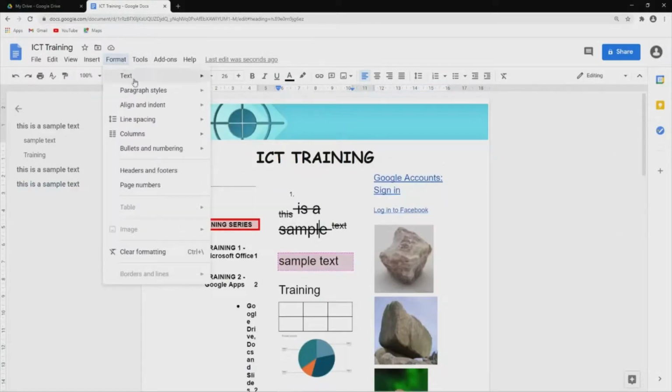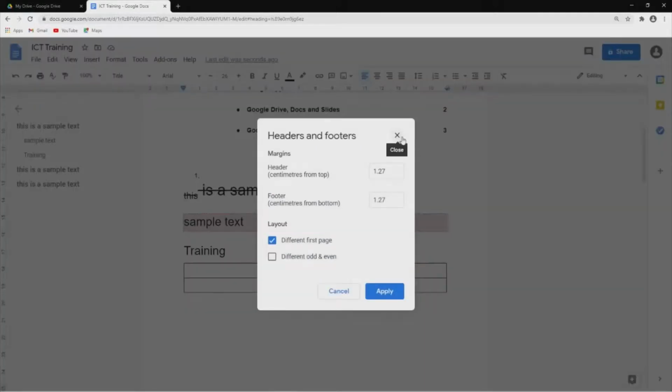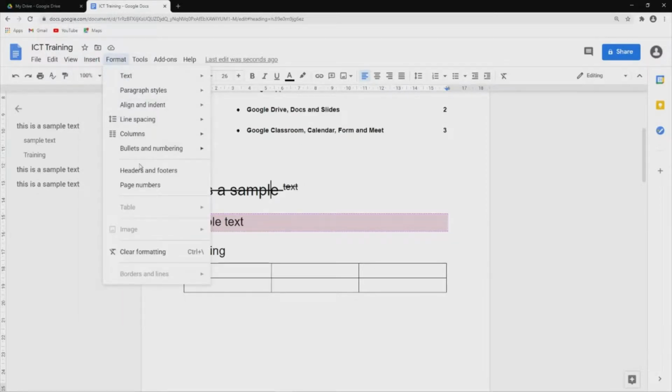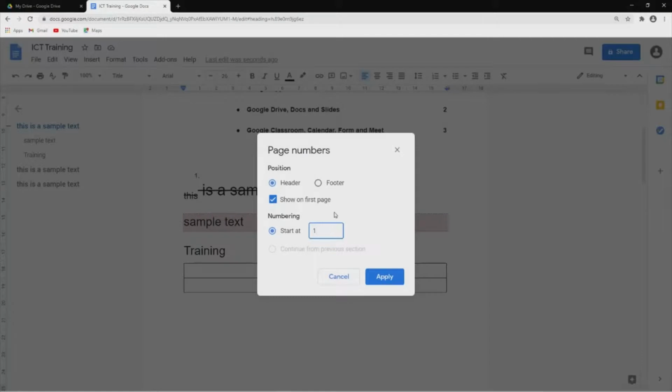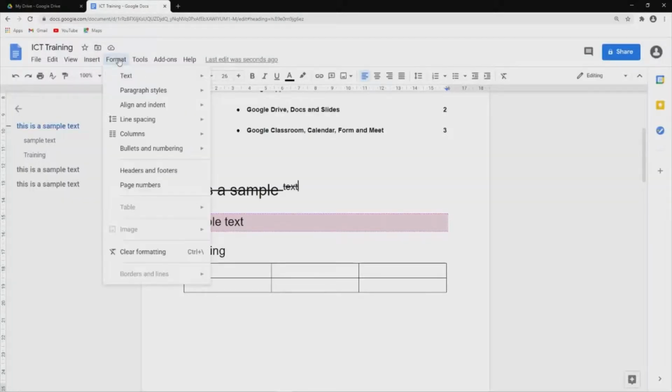So let's go back to just 1. Okay, next is bullets and numbering, which is basically the same right here. Headers and footers, same. When you insert a header and footer, and page numbers, so the same also